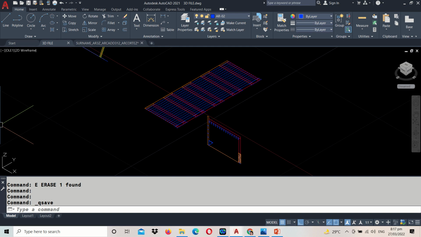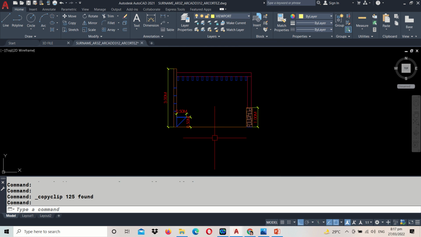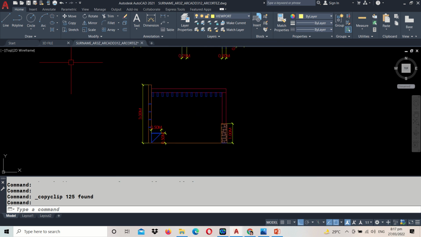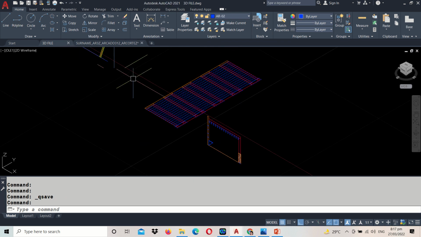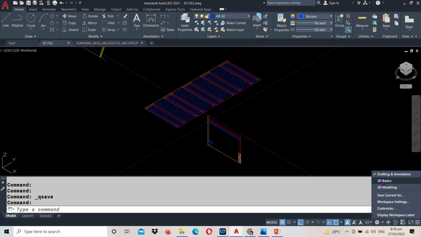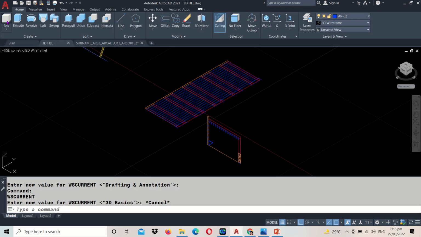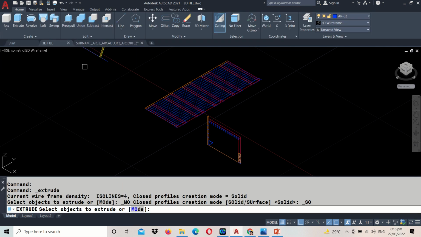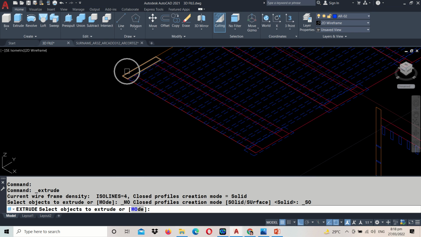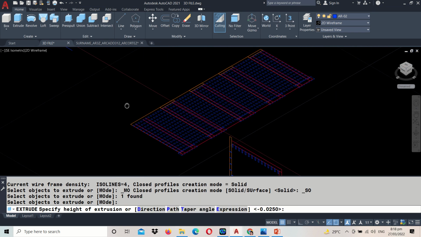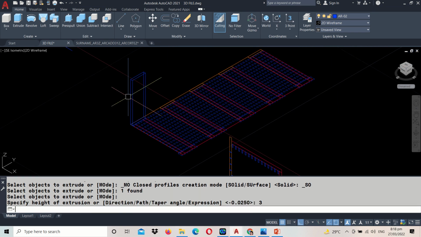To start with our activity number 3, we're going to extrude first our walls. So this will be our walls. And then as per our dimensions, we are to extrude this by 3 meters. Okay, so let's check if it's, there you go, just change to 3D basics. Check extrude, select this one and press enter, type the amount of 3, enter, and then we're going to add,